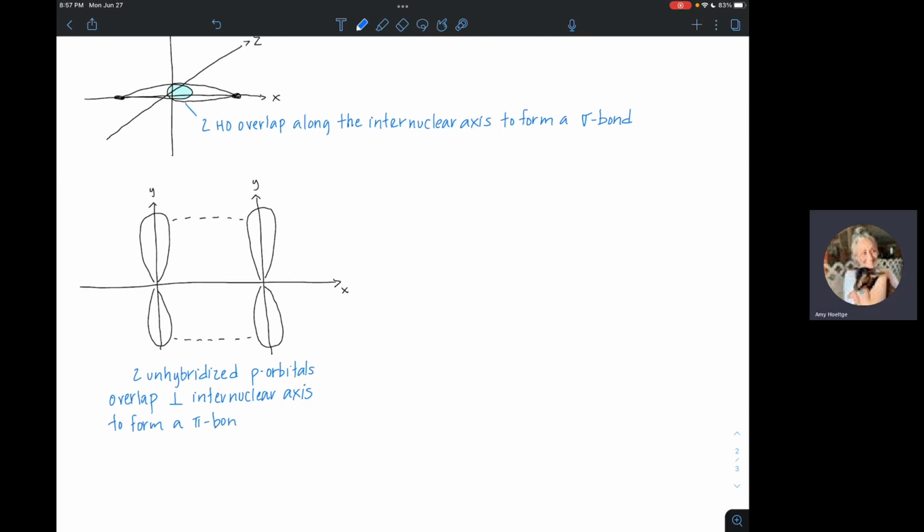It is not the same as two hybrid orbitals. These are not hybrid orbitals, by the way, right? So these are two unhybridized p orbitals, and they're going to overlap perpendicular to the internuclear axis to form a